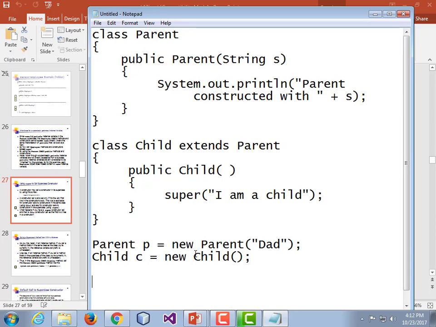Why do you need to do that? Well, if you have a parameterized parent constructor, and then you're inheriting from that class, you're extending from that class, you have to have some way to pass those parameters into that parent class's constructor. And if you have a